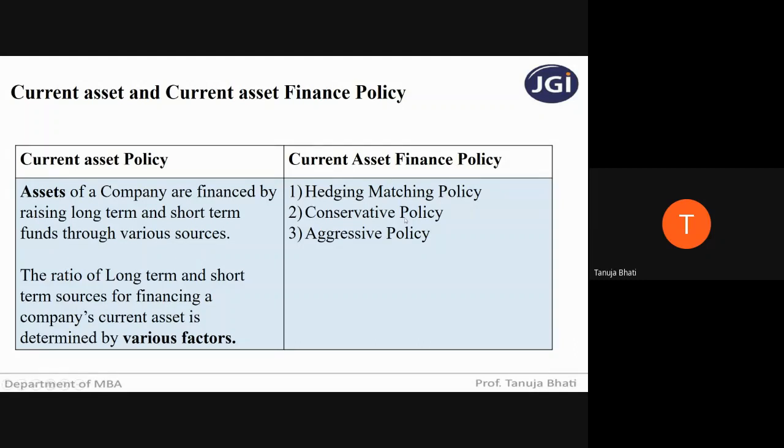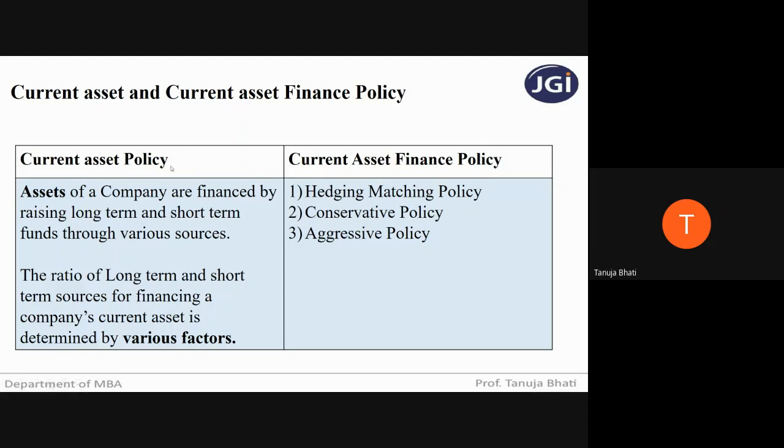Next is conservative policy. Now what happens in this conservative policy? How is the mix decided? In this strategy, only a portion of temporary current assets are financed with the short-term sources, and the long-term financing is used to fund the other portion of temporary current assets along with permanent current assets and fixed assets. So in conservative policy, again, I'm repeating, your long-term sources will fund your fixed assets and permanent current assets, and your remaining portion of your temporary current assets. So here in conservative policy, your short-term sources of finance will not finance all the temporary current assets. Only a portion of temporary current assets will be financed by short-term sources. Rest all the other investments in fixed assets, and the remaining portion of the temporary current assets, will be financed by the